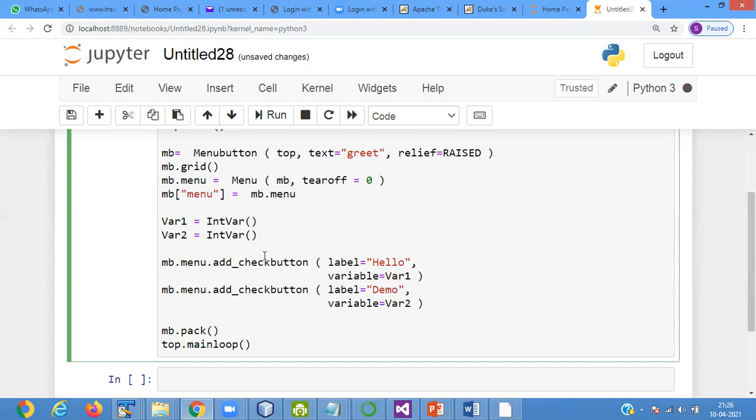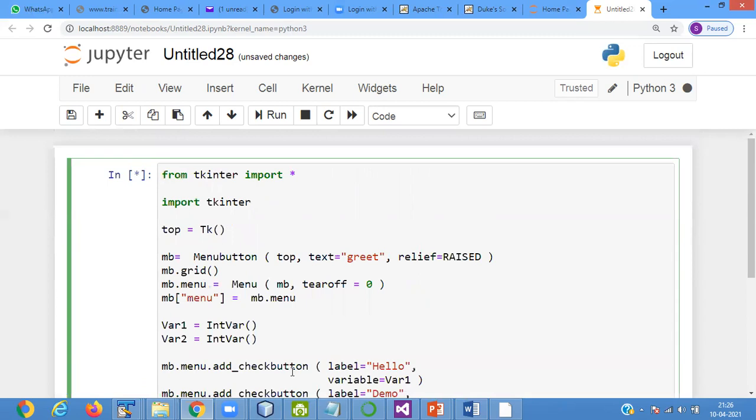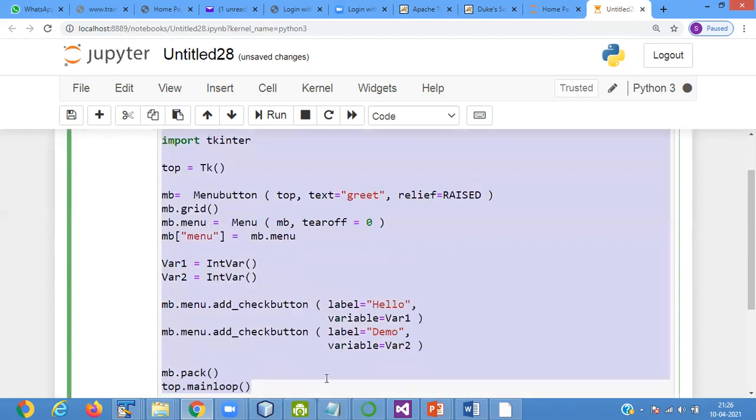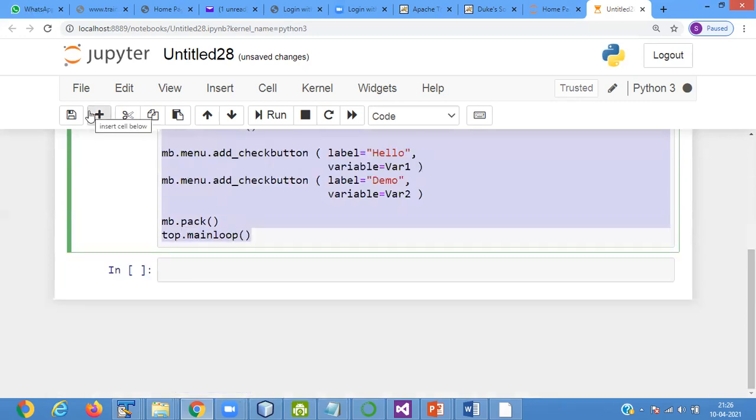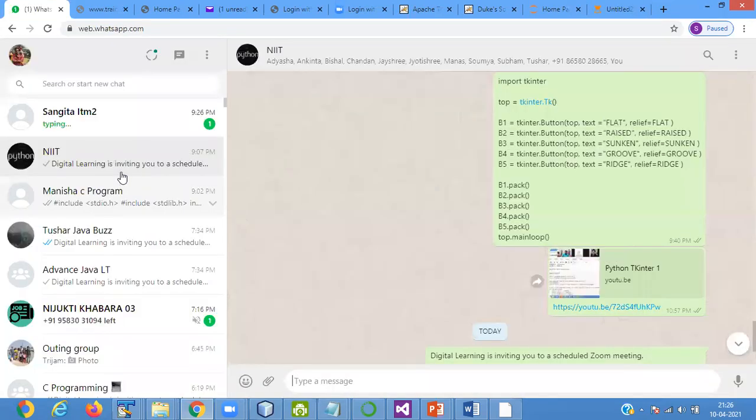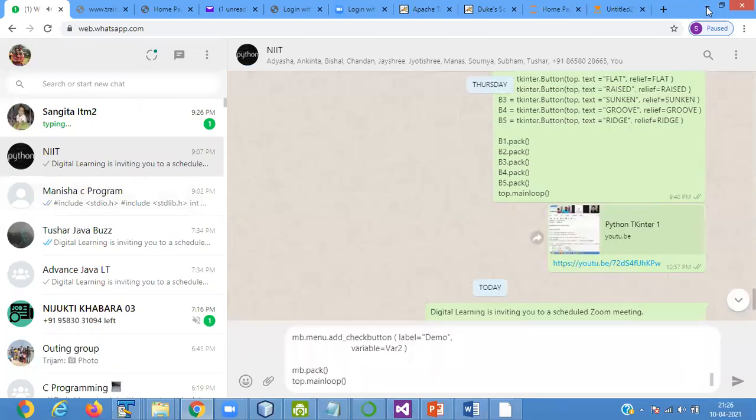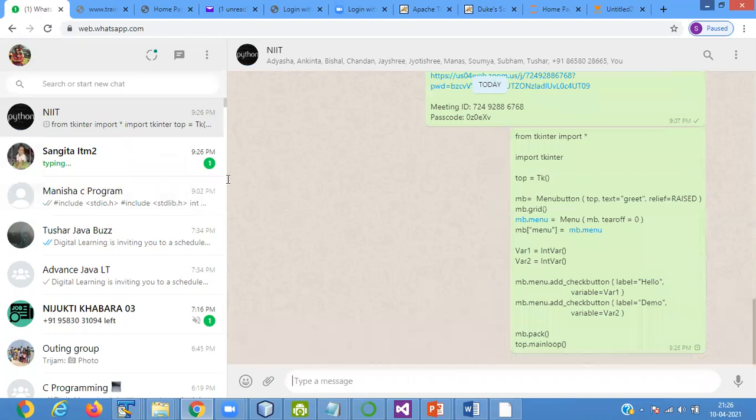Okay. So it is a menu button that we are using. Next program